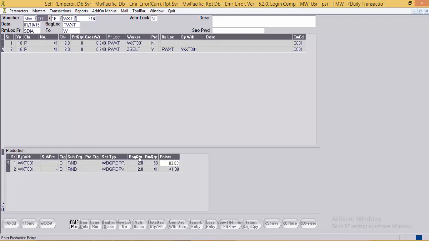This is picked up from the production points master. As for this setting type, the user has not mentioned any production points master, so the system has brought this point the same as the number of stones in the bag. If required, the user can manually enter the production points here.